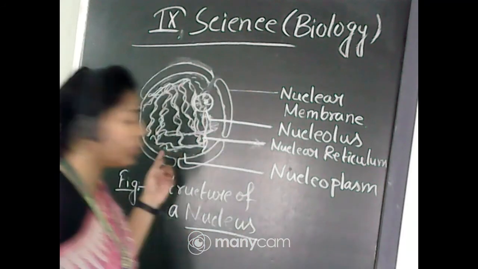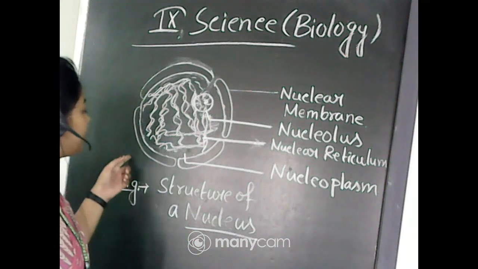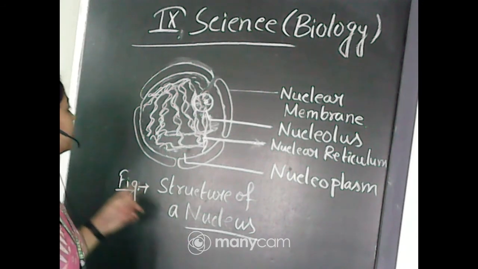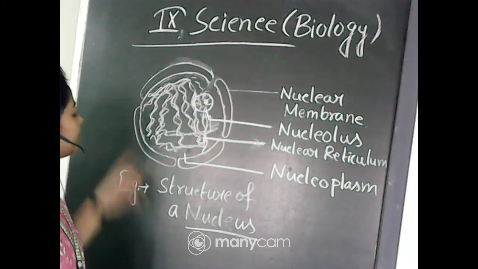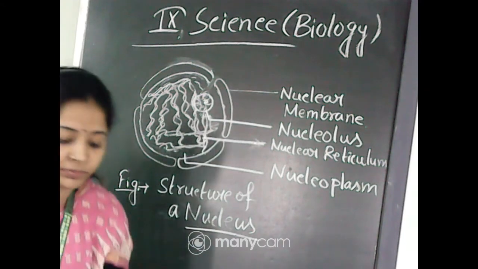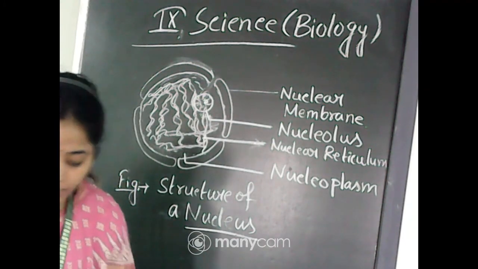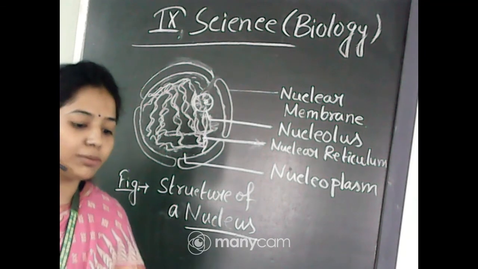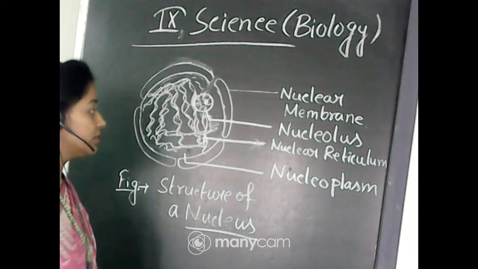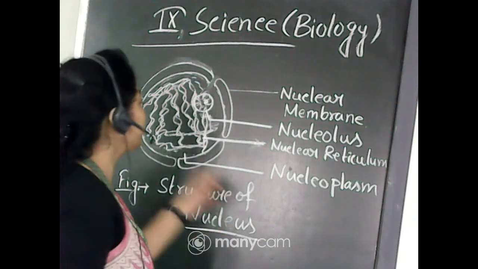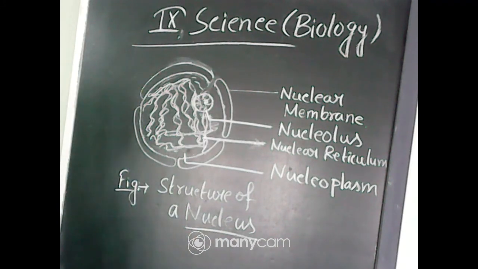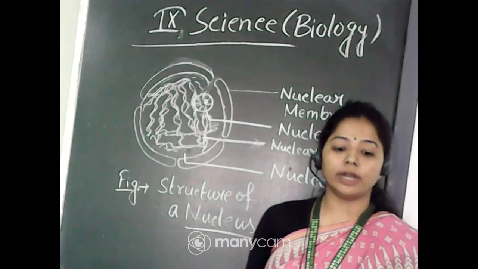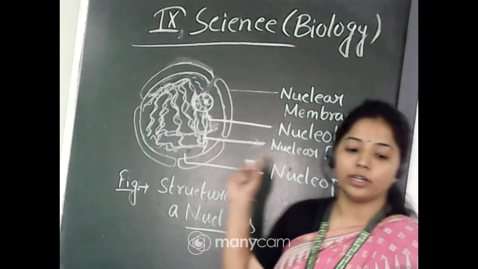And from the board you can see the picture. I have drawn a picture that is the structure of an ideal nucleus. So here the structure of the nucleus can be described by 4 parts. Can you see the board properly? Just follow me and note it, everyone. Please note this, and this video will be uploaded to the YouTube channel, so no need to worry about this.